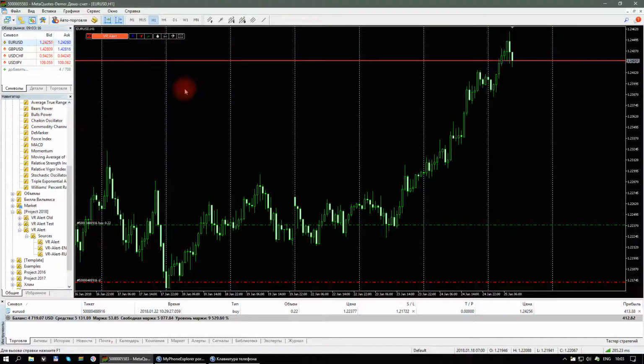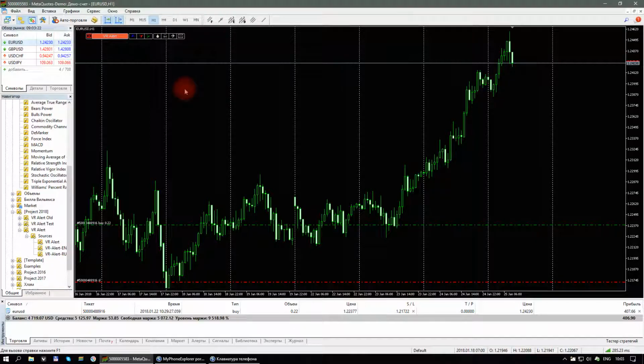I hope this indicator will be useful to you and improve your performance in trading. And it will save you more free time for other things, and also make it possible to approach the chart only when it really will be necessary. And you will not need to be constantly near the computer. This indicator helps you not to miss important points, save time, and I hope gives you what you want: success